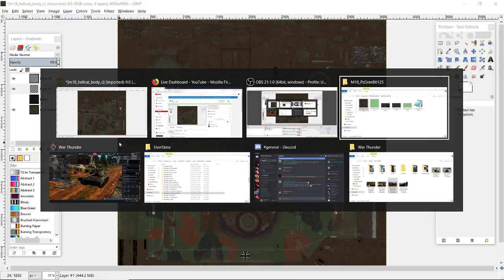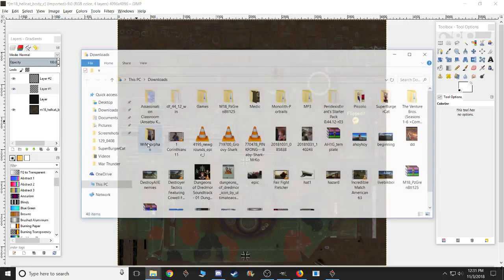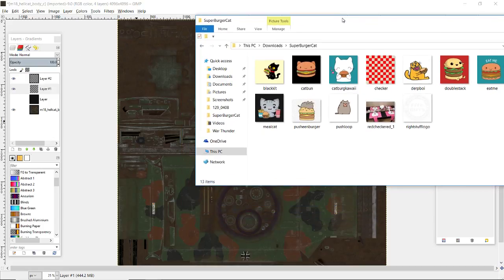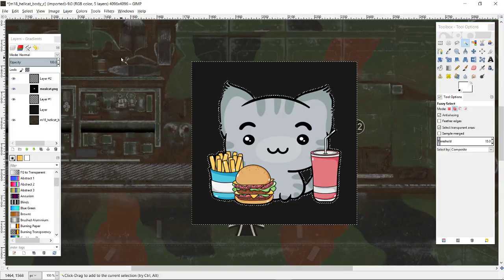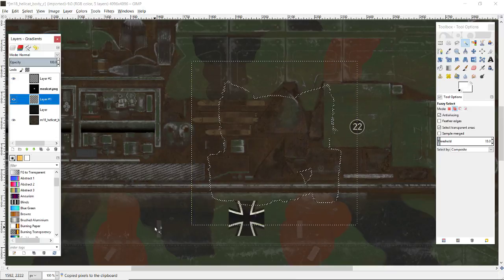We need to go into our downloads folder, which is not really open right now, so let's just open that up. Get into cheeseburger, super burger cat, and what do we want to put down first? Let's put a little booty cat on the back end of the vehicle, I think is a good call. That's a cutie right there. So we'll select the gray background here, and then invert selection, copy, hide that layer, go into our lower decal layer,